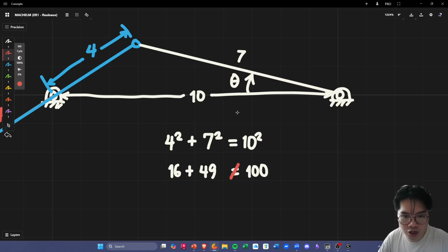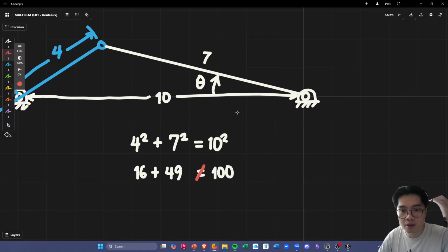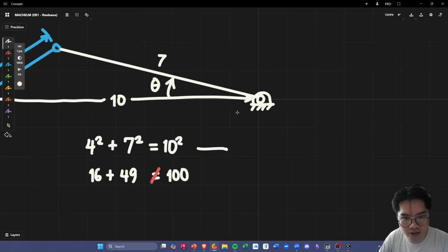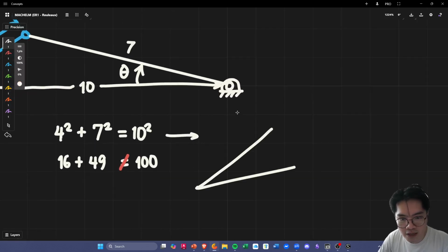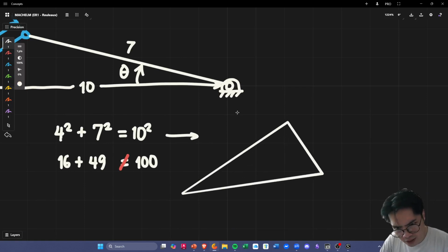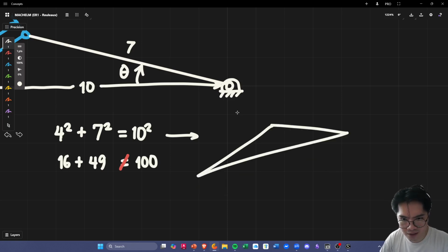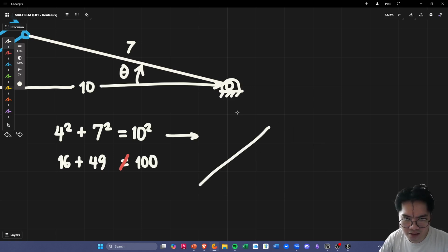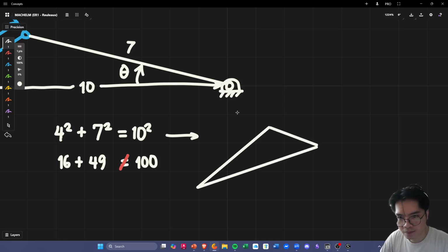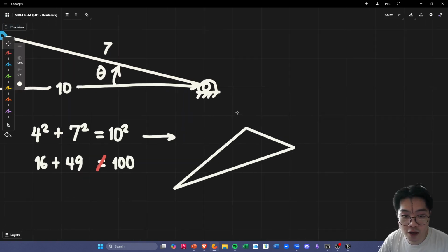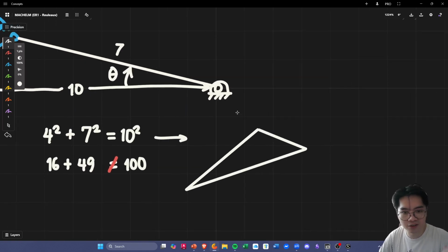However, there is a generalization to the Pythagorean theorem, and that, of course, is the cosine law. The cosine law states that if you have any oblique triangle, let's just draw an oblique triangle. Is this right? Okay, it doesn't recognize. Let's just draw 3 lines. Yeah, there you go. If we have a triangle right here, and we know that it is not a right triangle,